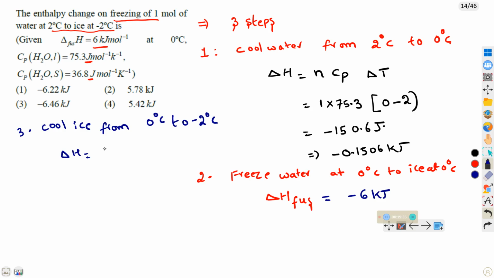Delta H is equal to n Cp delta T. Ice here is cool water, that's the reason the Cp value of liquid is taken. Here, cool ice solid: 1 into solid Cp value 36.8 into delta T value, minus 2 minus 0. Simplify, then you will get